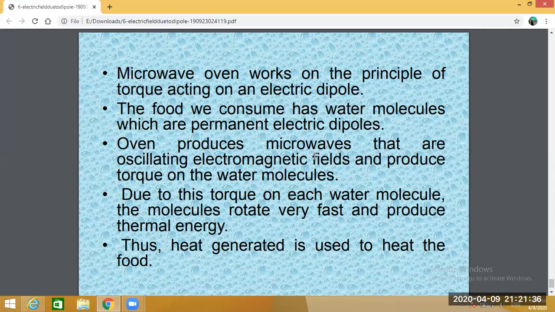Therefore the microwaves tend to rotate the water molecules because a water molecule has a non-zero dipole moment. Because a water molecule has a permanent dipole moment, it is a polar molecule. Therefore, the electric field produces torque on it, and due to this torque on each water molecule, the molecules rotate very fast and produce thermal energy. As molecules rotate, they have high rotational kinetic energy, and we know that a hot body consists of energy in terms of kinetic energy. As kinetic energy ceases, it gets converted into